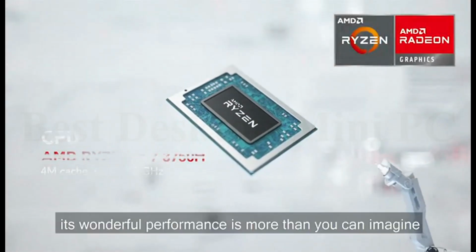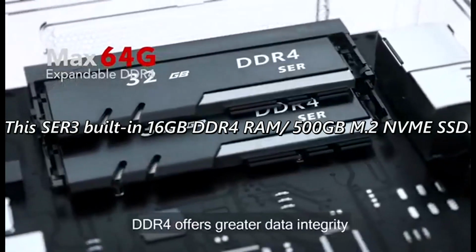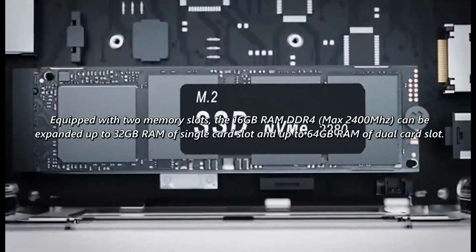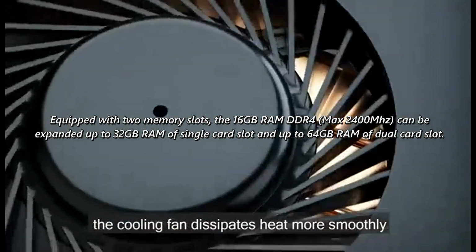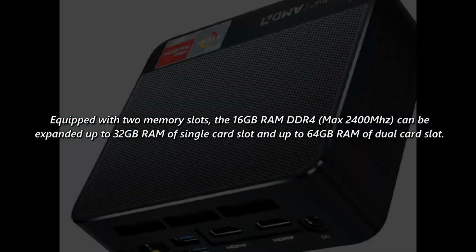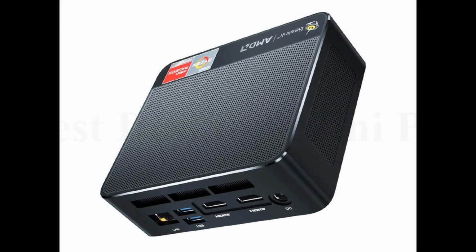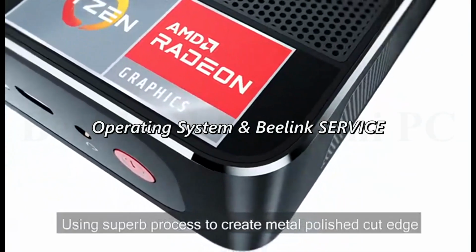It can satisfy your diverse usage scenarios such as entertainment, office, education, industry, etc. This SER3 has built-in 16GB DDR4 RAM and a 500GB M.2 NVMe SSD. Equipped with 2 memory slots, the 16GB DDR4 RAM, max 2400 MHz, can be expanded up to 32GB with a single card and up to 64GB with dual cards, and you can expand the storage with an M.2 NVMe 2280 SSD, 1900 MB/s, upgrade to 2TB, not included, and via a 2.5-inch SATA HDD up to 2TB, not included,